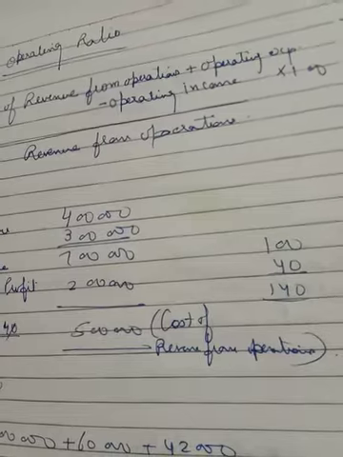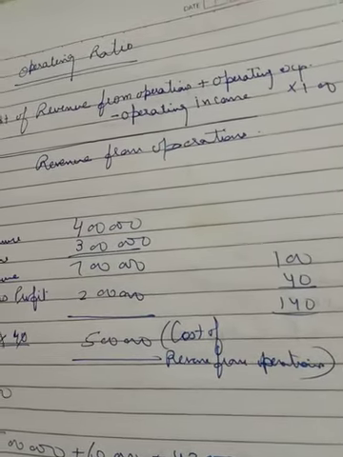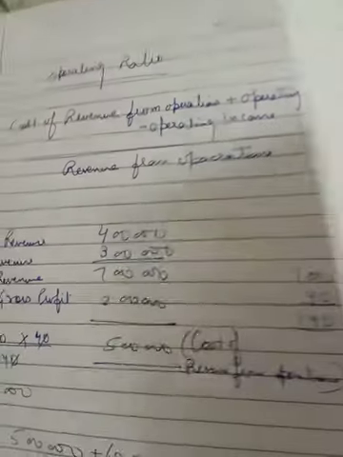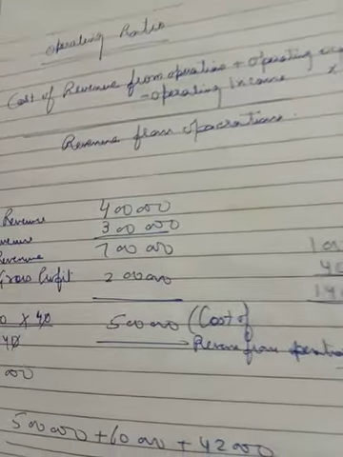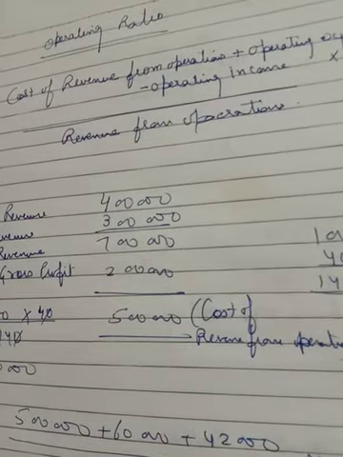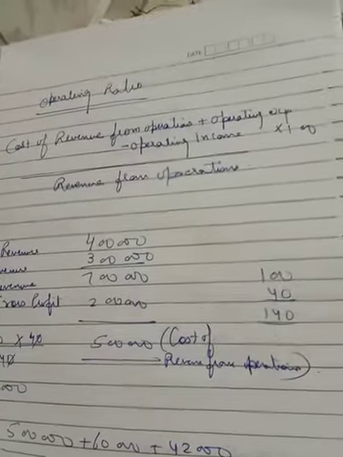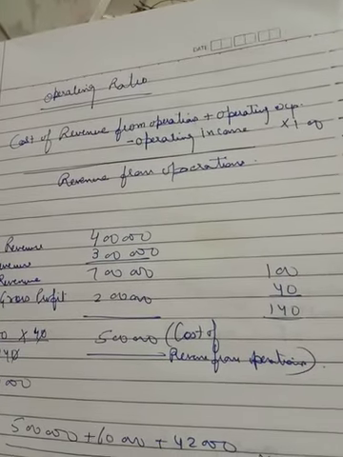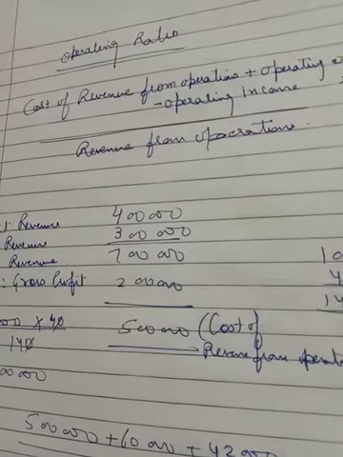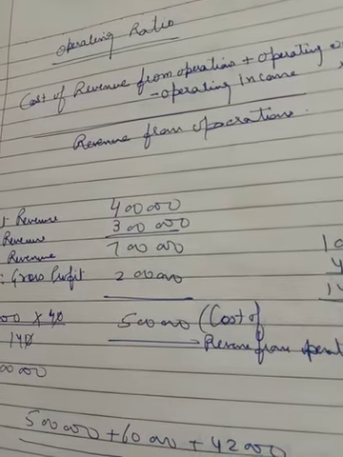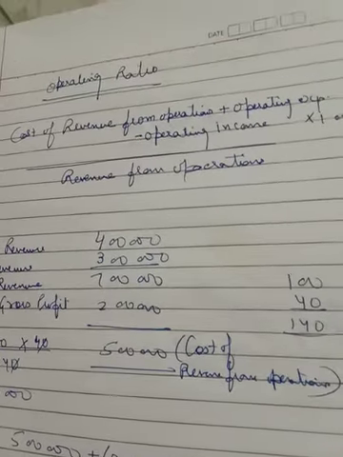Now what is considered operating income? That is trading commission received, cash discount received, and all the other operating income that is to be included in this. Now how to calculate cost of revenue from operation? The formula has been discussed earlier also. Opening inventory plus net purchase plus direct expenses minus closing inventory, that will be cost of revenue from operation. While calculating cost of revenue from operation, if spare parts or loose tools are given, that will be excluded from the inventory. So this is the formula of operating ratio.